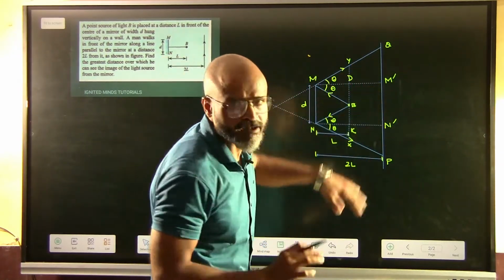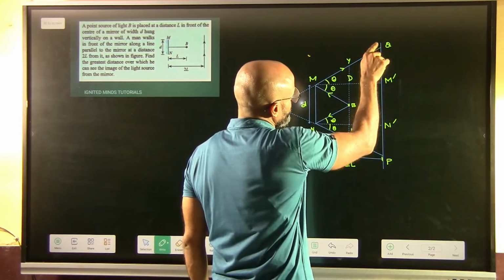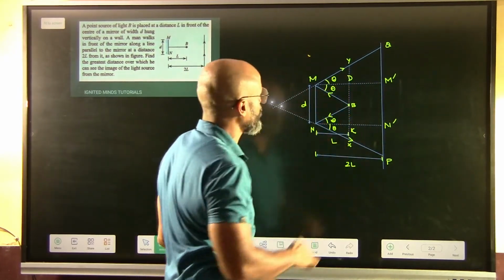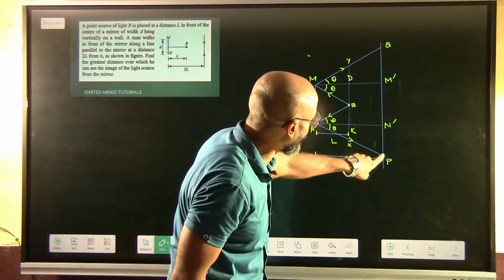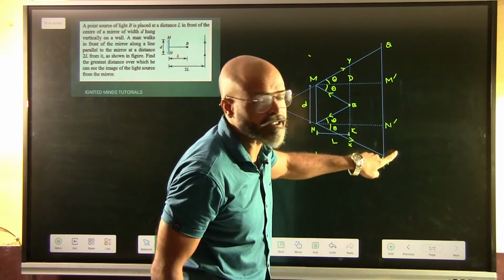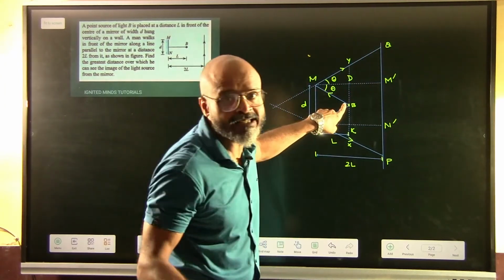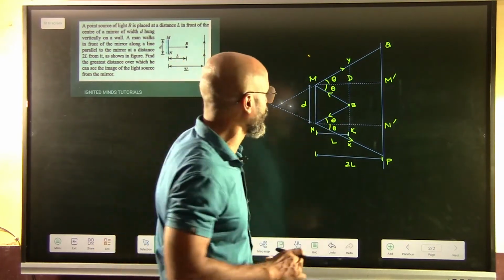Seems a little complicated, but let me explain this. This is the incident ray, gets reflected, reaches point Q. This is the incident ray, gets reflected, reaches point P. This is directly in the middle. The man is walking from P to Q. Till the time he is walking parallel to the mirror from P to Q, he can see the image of the light B, which is falling on the mirror.